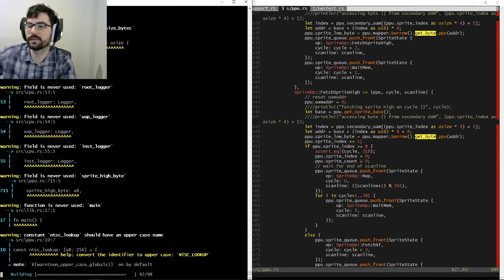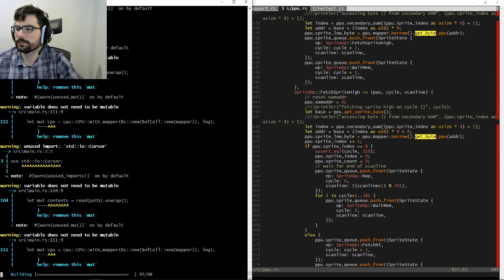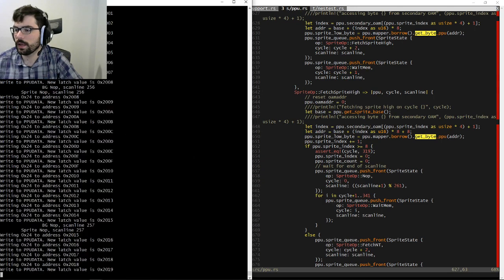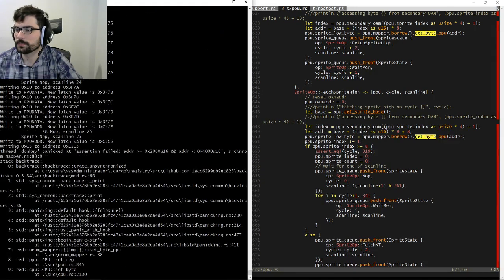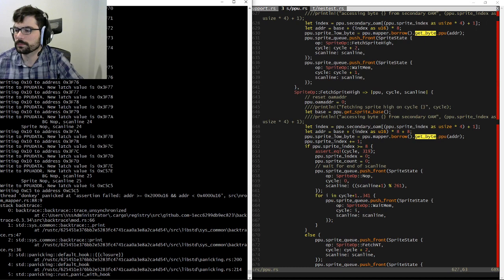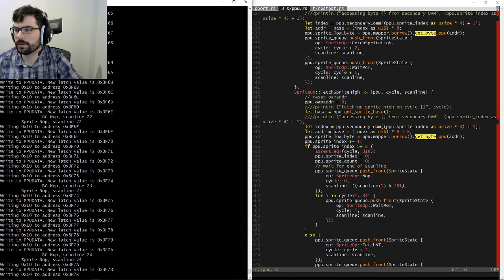And we'll just kind of see what's happening. Okay, that looks like a direct write. New latch value C57E. I wonder how that would have happened.